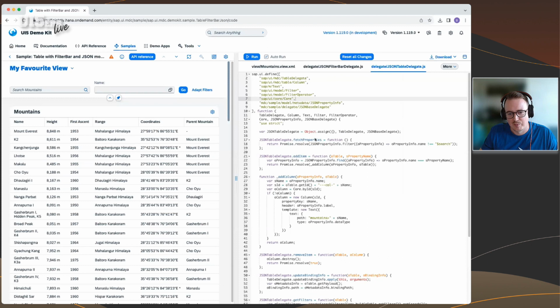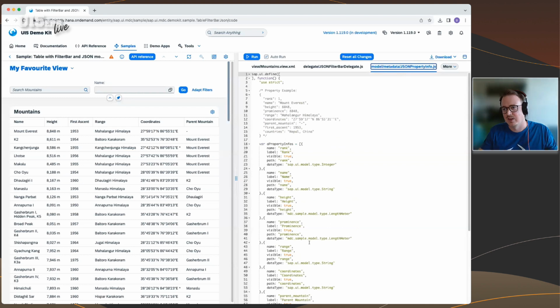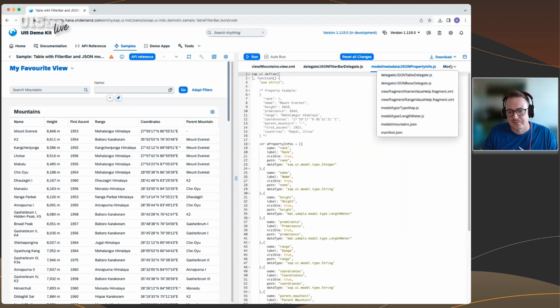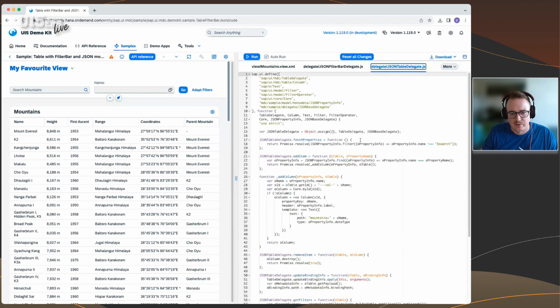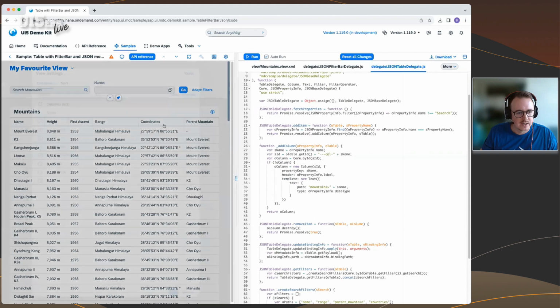Like I said, the fetch properties. In this version, this is pretty simply done by just querying a module which has a predefined set of metadata. In a sophisticated scenario, this would come from your service, for example. So this is a pretty simplified version. You get that metadata, we process it and pass it more or less to the control. Control asks delegate, get me the properties. Here you go. Then we have the add item operation, which is called when you add a new item here